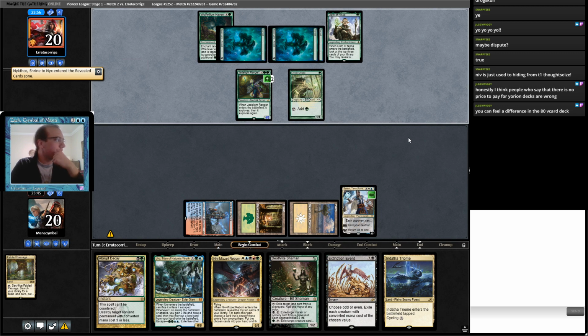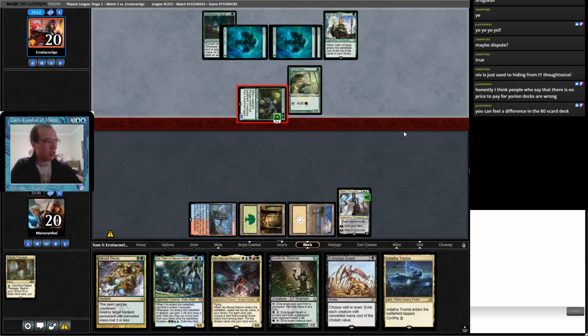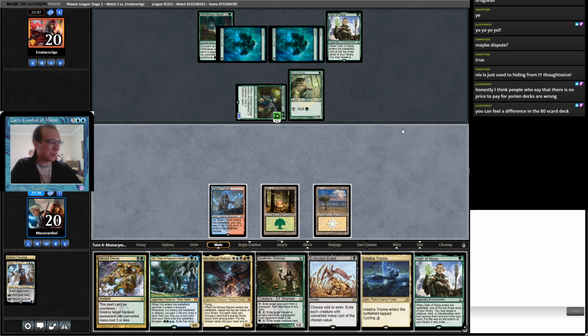Ooh, Nykthos. Have the Nykthos. Oh no, my devotion to white and blue. So I could Oath of Nissa to try to hit. We just play Deathrite Shaman. Or I can play the Triome Uro. If I hit an untapped land with Oath of Nissa, I get to play Oath of Nissa and then potentially the Uro, and not super likely. I guess Uro could pick me up the